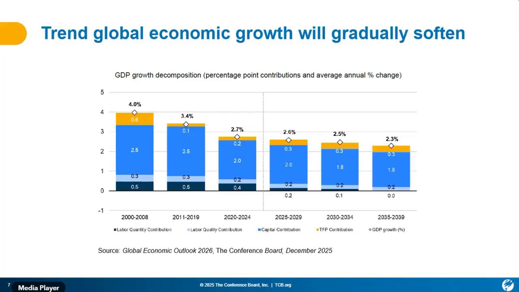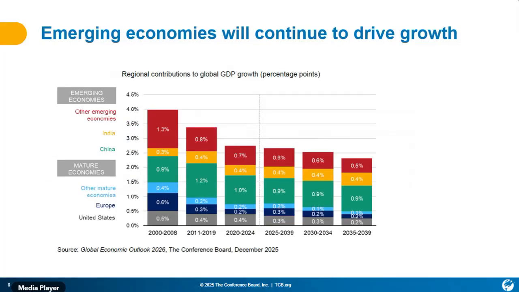In terms of where some of this growth will be occurring, we are expecting to see the growth rates for both emerging markets and developed markets cool. So both of them will be showing a little bit of a cool down. Not negative, not zero, but just lower growth rates than what we saw in the 2000s and 2010s. But what we continue to project is that in terms of the overall global growth rate, we're going to continue to see emerging markets in general contribute more to that top line number than advanced economies. And that's what we're looking at in the chart here.